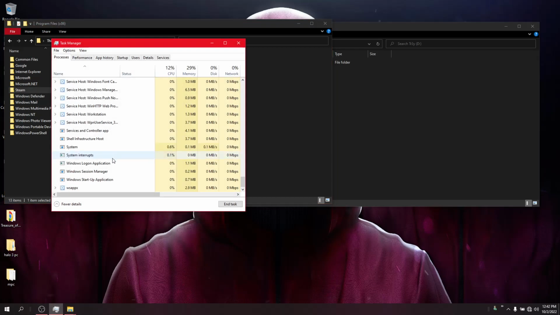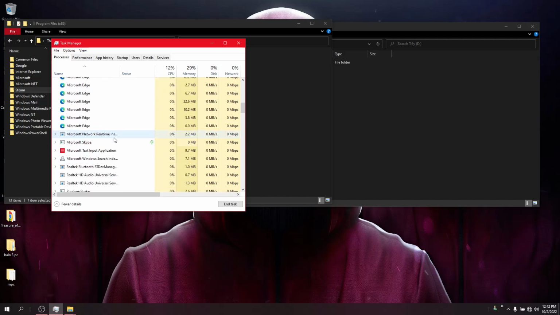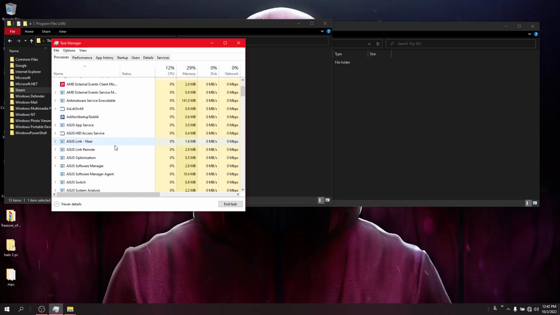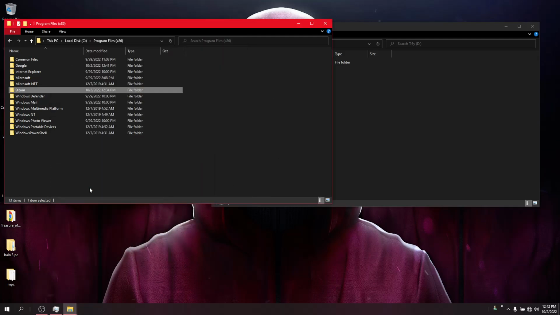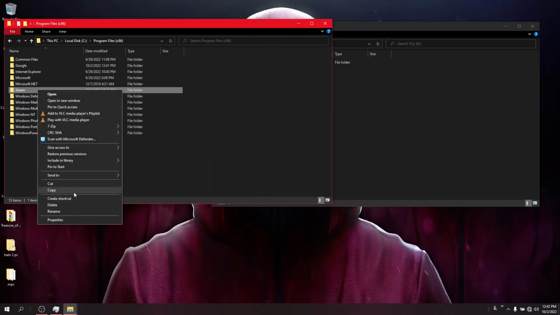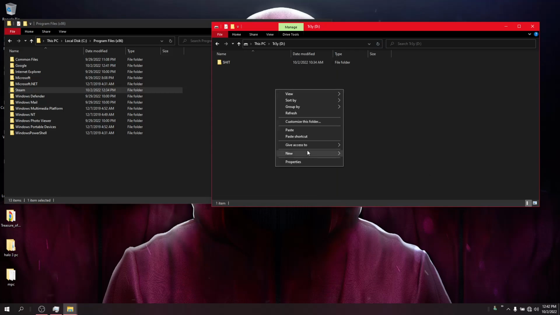I'll just check Task Manager one more time to make sure that there are no open Steam instances of any kind, because it will give you hassle if there's anything open. So now, what I'm going to do this time around is just copy and paste, and I'll come back and delete this directory later. So we can just go in here, copy and paste,